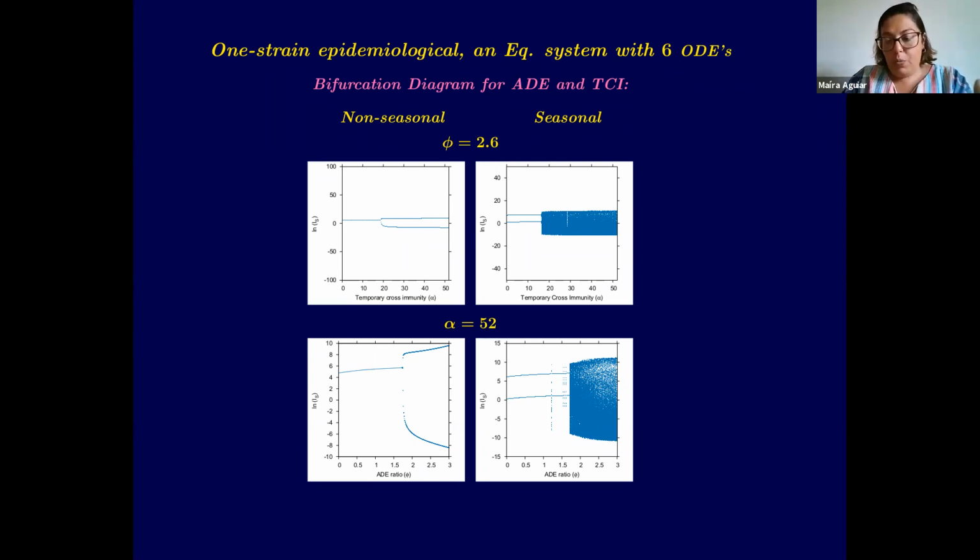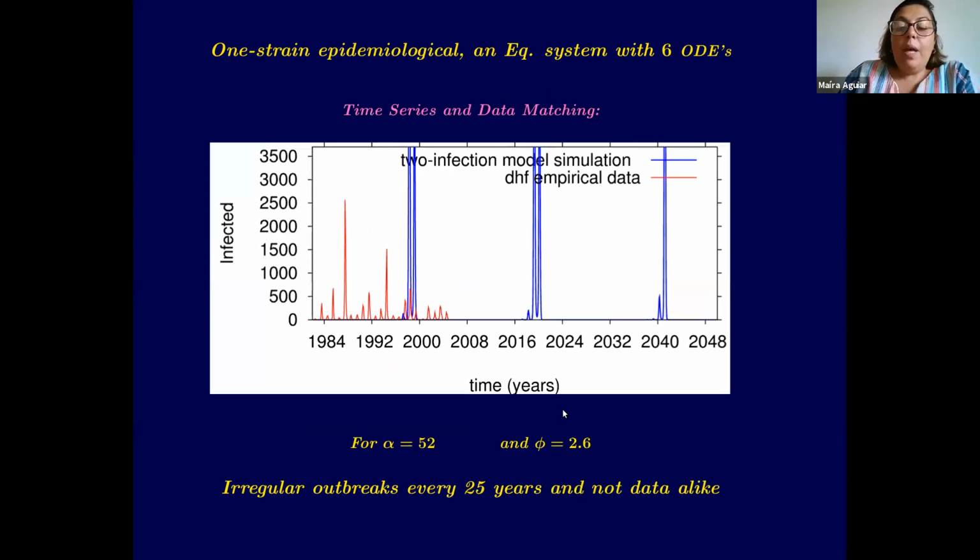We have also for this one, which is a bit more complicated than an SIR, but is an SIR type model without structure of strains. Okay, and then I'm curious how it looks in terms of time series. When we plot the data in red and the model output on top of the data, for this kind of parameters here, fixing that temporary cross immunity is at least 1 week and individuals in the secondary infection transmit the disease at least 3 times more than individuals in the primary infection, we have irregular outbreaks